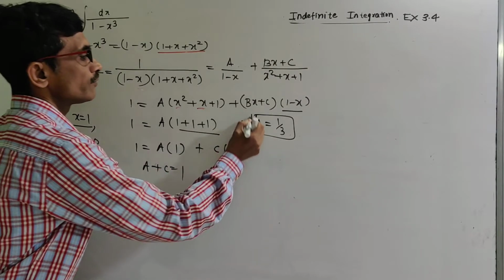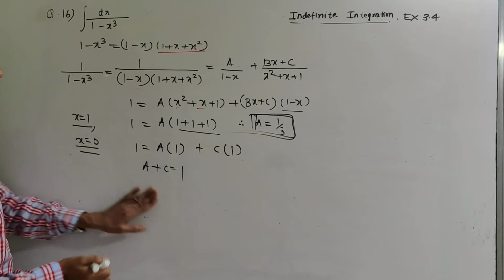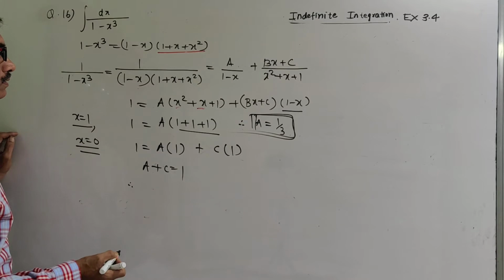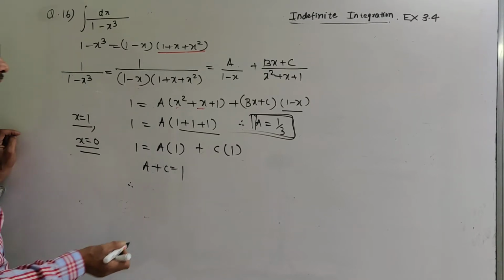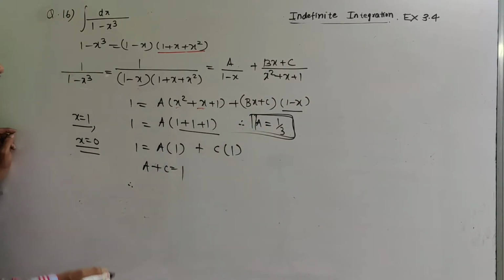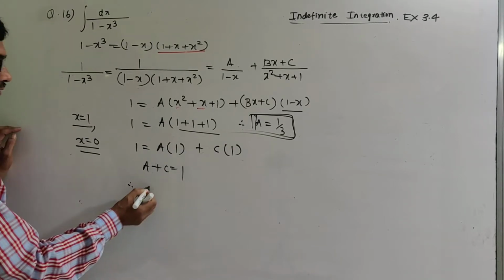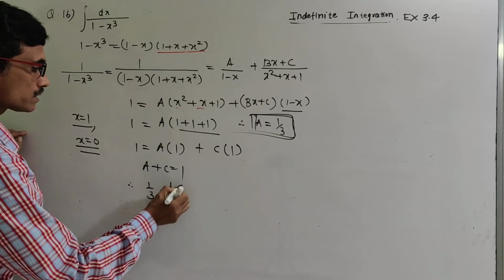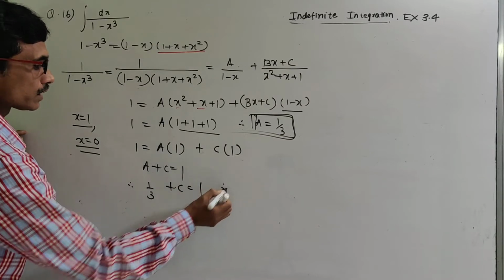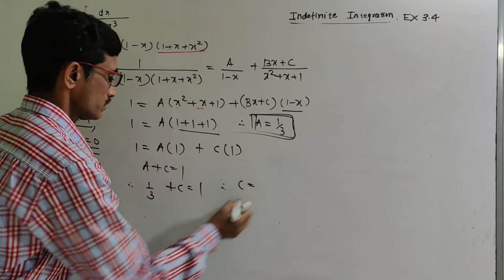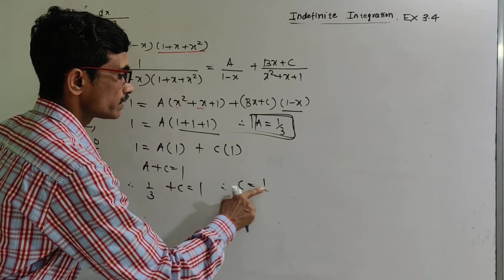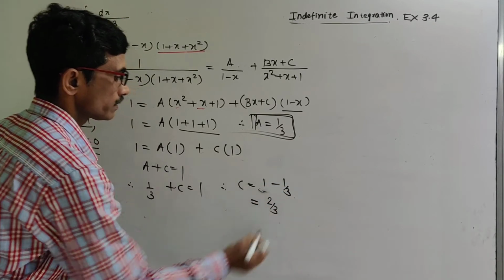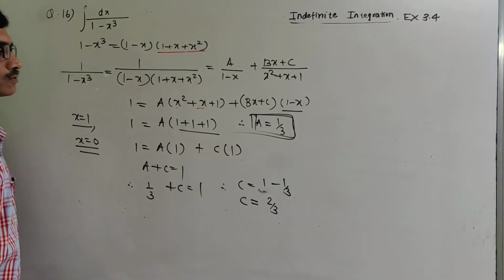But we have a is 1 by 3, so here a is 1 by 3, therefore 1 by 3 plus c is equal to 1, therefore c is equal to 1 minus 1 by 3, which is 2 by 3. We are getting c. So after getting c,